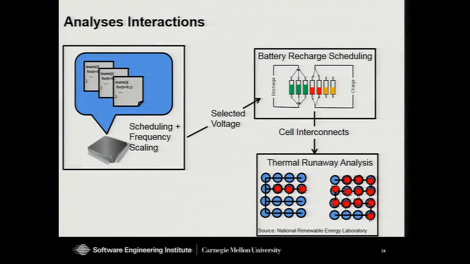Notice that when I'm talking about these different analyses, it means that there are different people working on them, and they do not talk to each other, right? If they don't talk to each other, these interactions that I have been discussing will not be discovered until you put them together, you try to fly the airplane, and suddenly there are flames in the airplane, right? So we need to find out why.